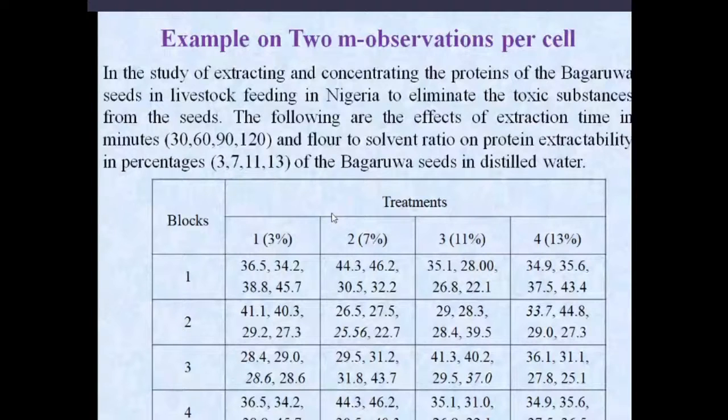Also the seeds are given. Now the data that I'm trying to express in the two-way model,